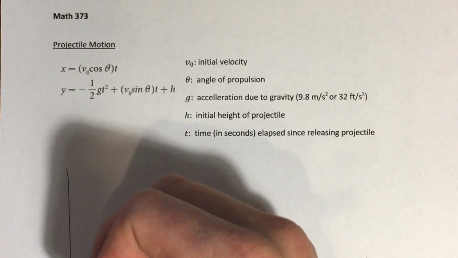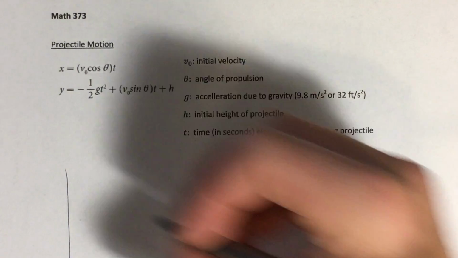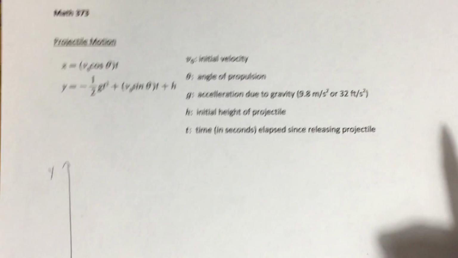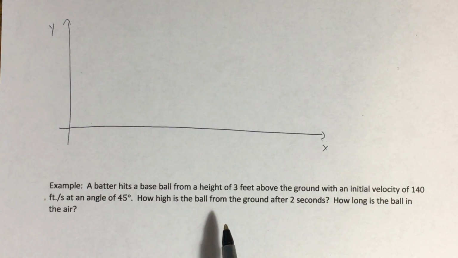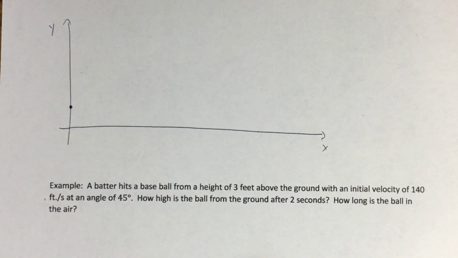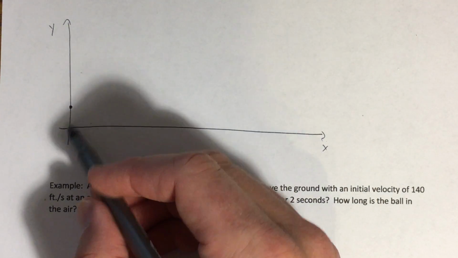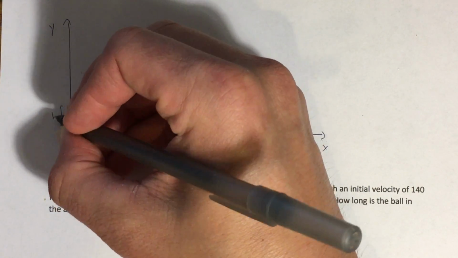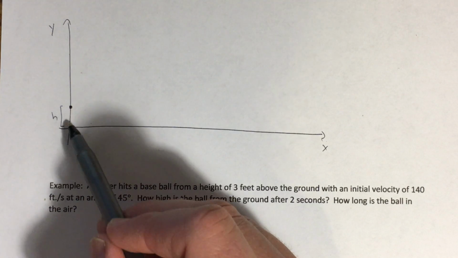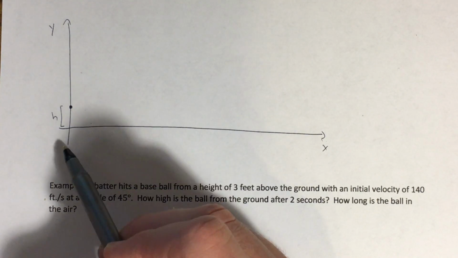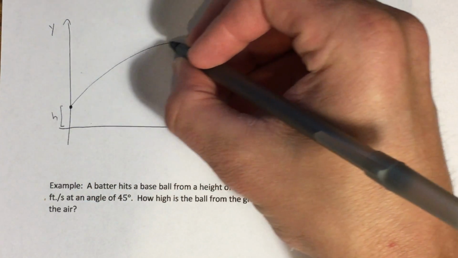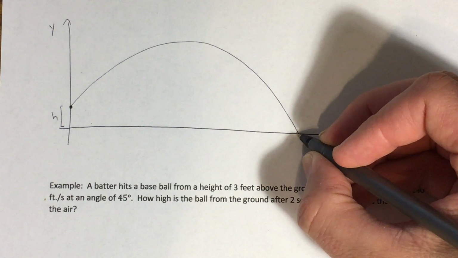Let's make this x, make this y. Let's suppose the x-axis represents ground level. And let's suppose a projectile is launched from some height above ground level, and it can also be at ground level, in which case this h here would equal 0. But to keep things general, we can also give it some height above ground. If you launch a projectile, we know just from intuition, and there's science behind this as well,